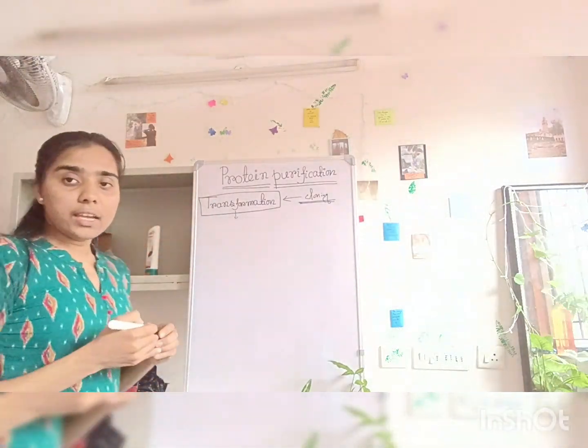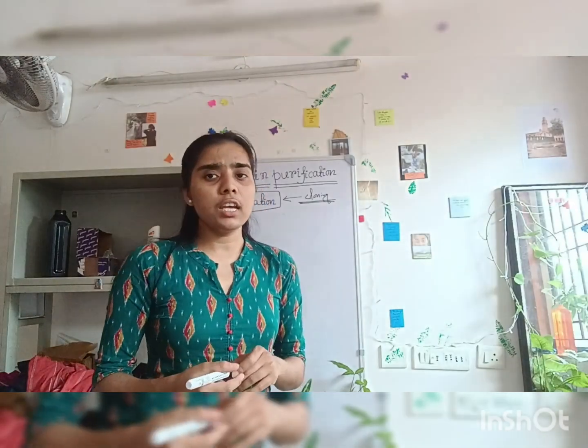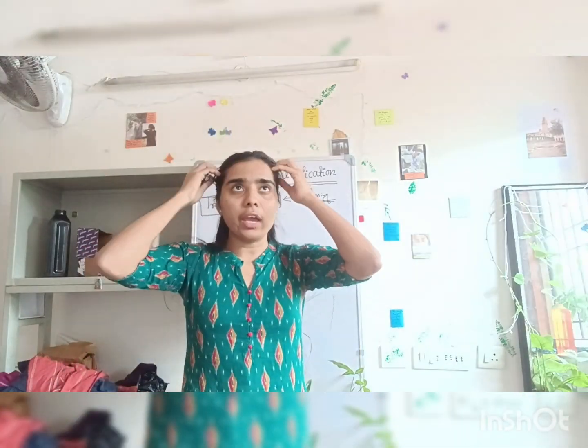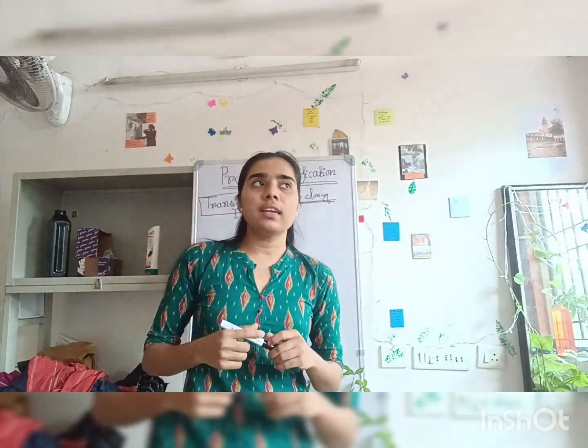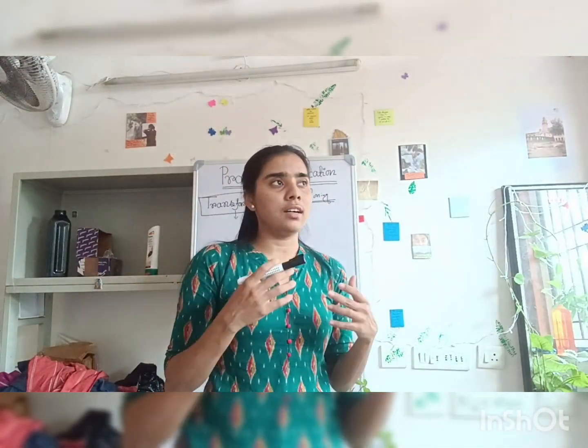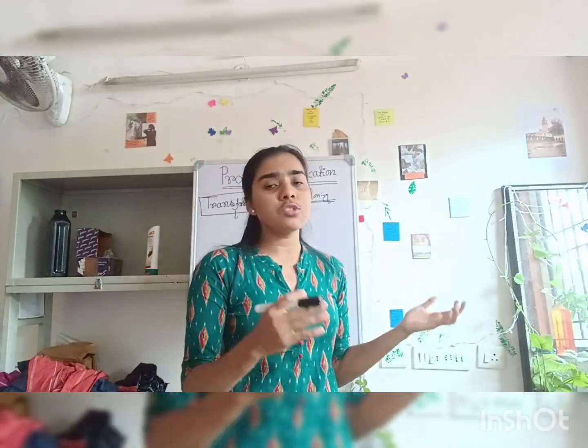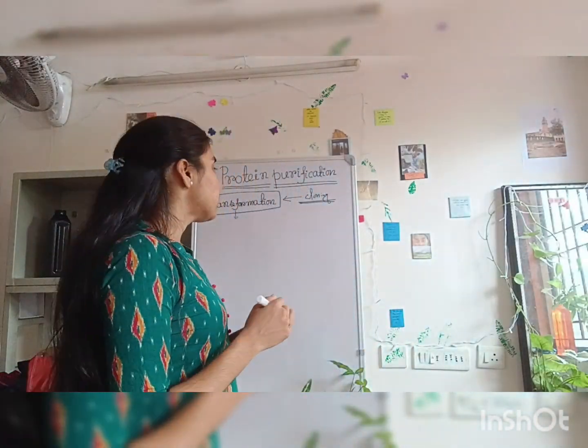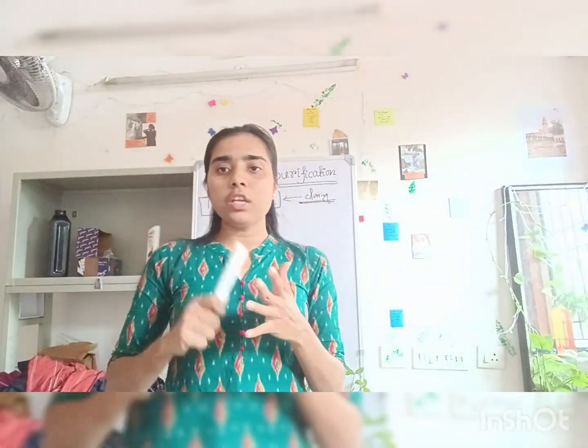Let's say you want to purify one gene. Let's say your PI told you that okay, we will work on an insect gene, let's say one gene, proline isomerase. What it does is it converts proline from cis to trans and trans to cis. It's called proline isomerase. Now the thing is, first you need to know the cloning process. Now what is the cloning process?